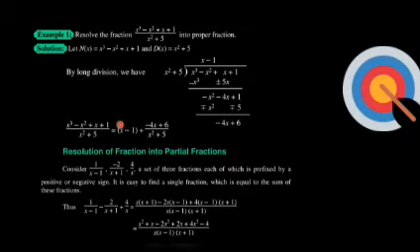Convert it into fraction form again. So we have x cube minus x square plus x plus 1 divided by x square plus 5 is equal to x minus 1 plus (minus 4x plus 6) divided by x square plus 5. So this improper fraction is being converted into two terms. First term is x minus 1. This is a linear factor, and the other term is minus 4x plus 6 divided by x square plus 5. As you can see, this fraction is converted into a proper fraction.